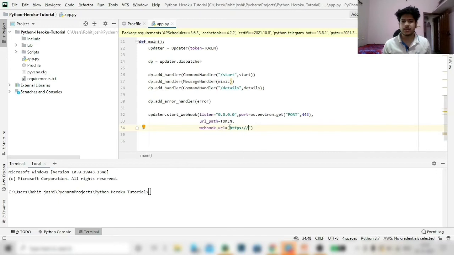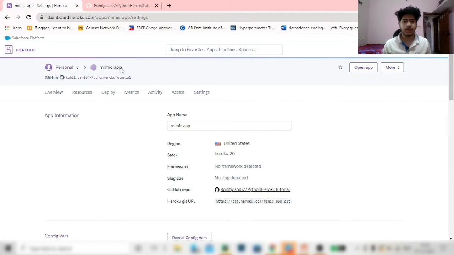What is this webhook URL? The webhook URL is basically a URL by which your webhook will start. There is a default format for this: https:// and your Heroku app name. Your app name is Mimic app.